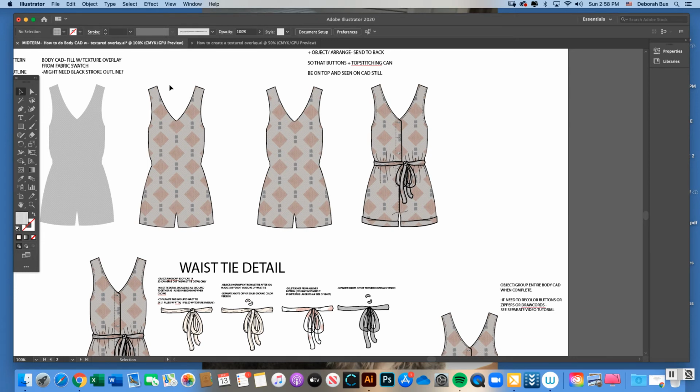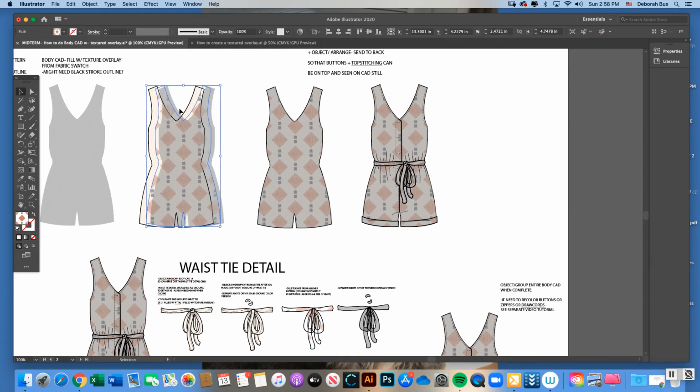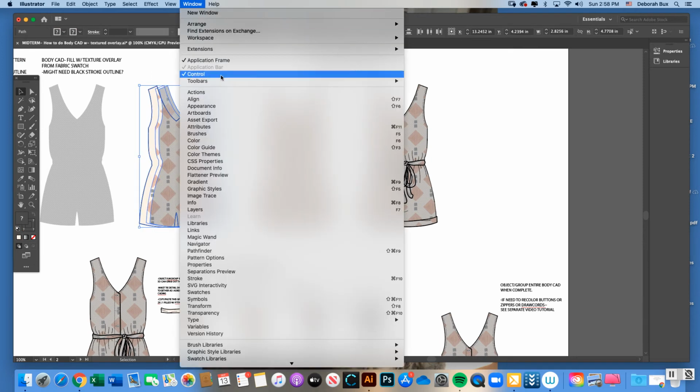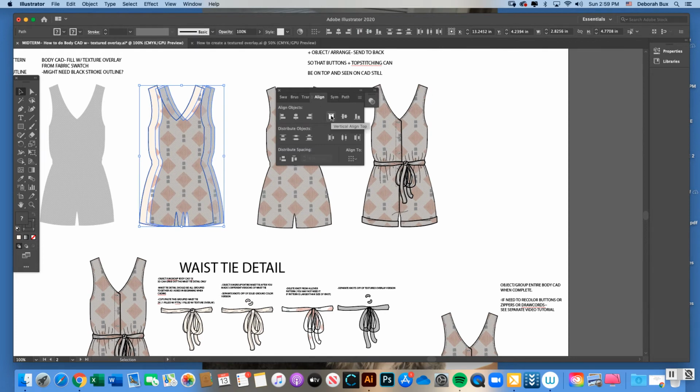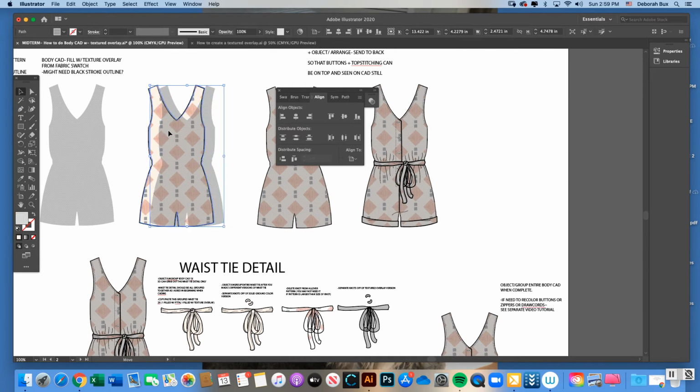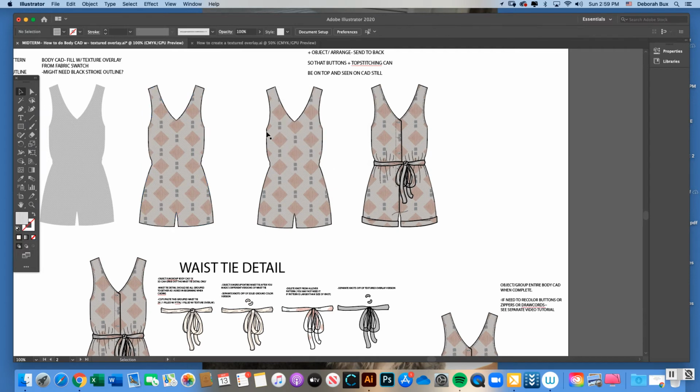So now that I have these 3 pieces together, remember these were 3 pieces, I brought them all together. You can actually even go window align, and you can do an align to the top so they're all flushed together, and then you just start to bring them over together, line them up, and then you can do one more window align to the top, a window align to the side, and just making sure that all the layers are literally flush on top of each other. And then once I have that,